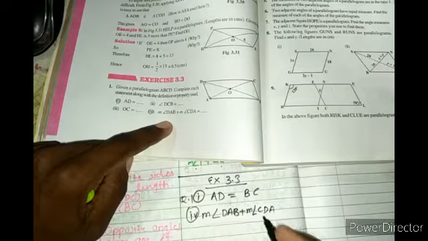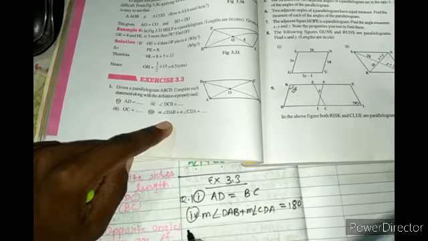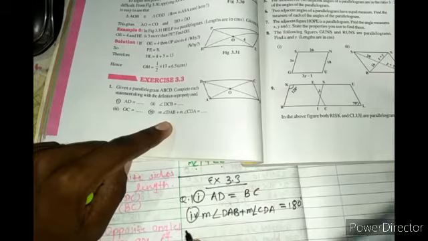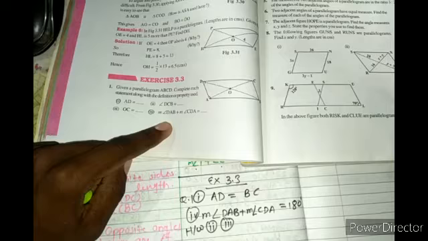So it is a supplementary pair. So their pair sum is 180 degree. So in this way we can solve by applying the property. So for you, the homework from question number 1 is second and third. Just go through it. You will be able to definitely solve and go through the property.